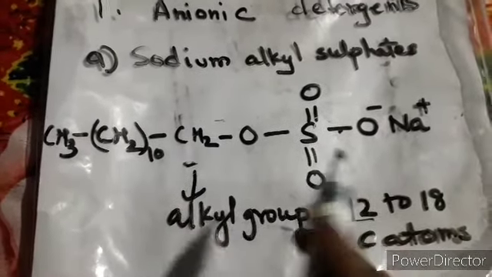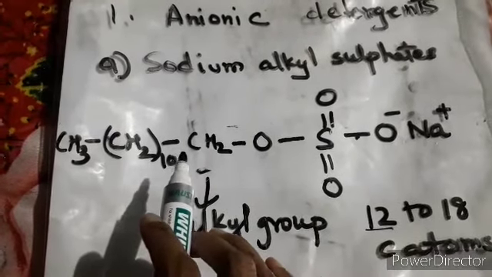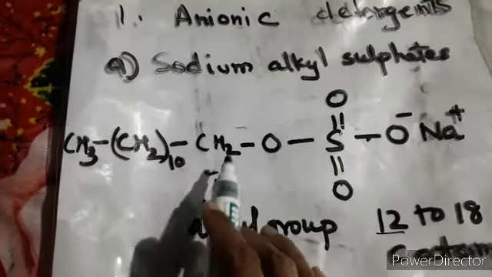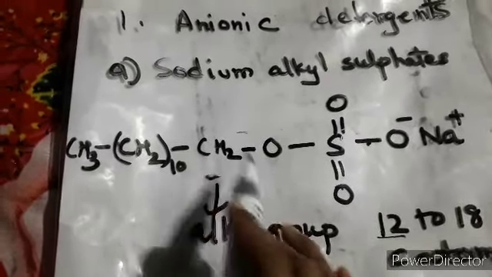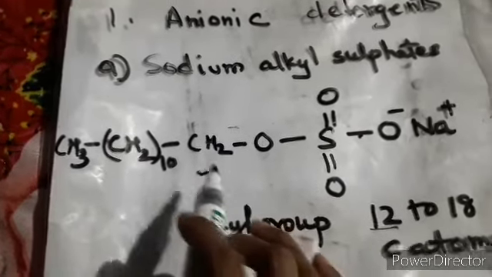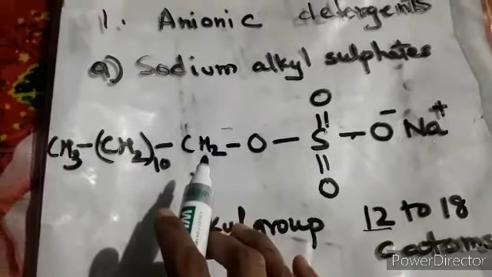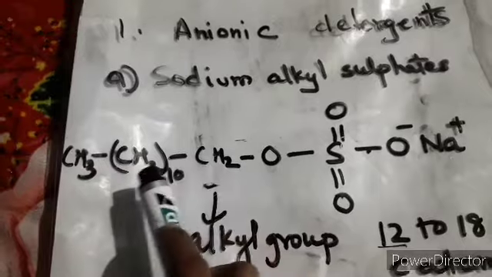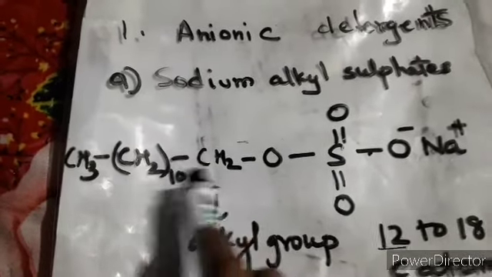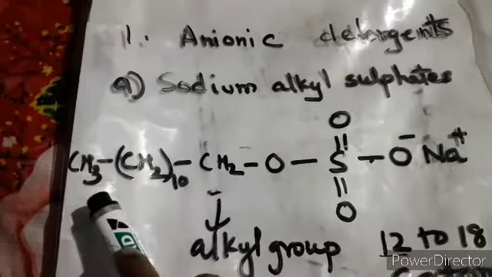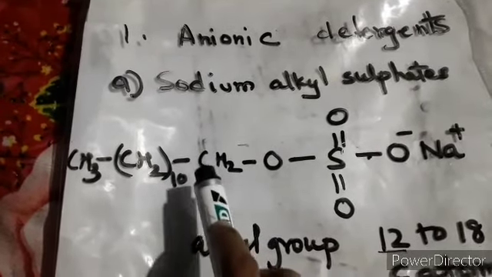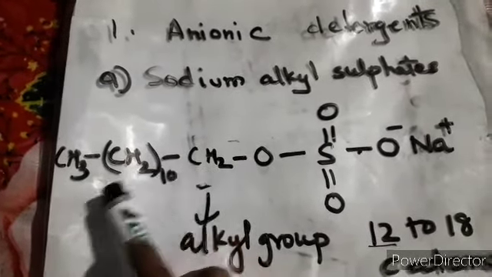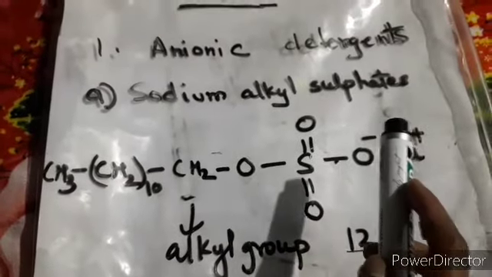Don't write it that way, because you have to balance the carbon atoms also, and in books also it is written in this manner. Maybe a person can write down CH2 in brackets and then write 12, but that is not right, because the carbon atoms will not be balanced. So this way is there to represent. What we have done is simply removed the R from here. In place of that we have put the 12 carbon atoms, but in this manner we have to see that the balancing of the bonds is satisfied. And carbon's valency, you know, is tetravalent in nature, so all the valencies should be satisfied. So this way you will get the formula for sodium alkyl sulfate.